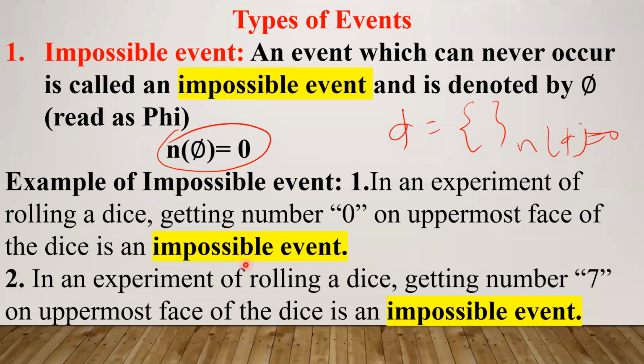So I will never get 0, so this is an impossible event. Similarly, one more example, in an experiment of rolling a dice, getting a number 7, it's also an impossible event,